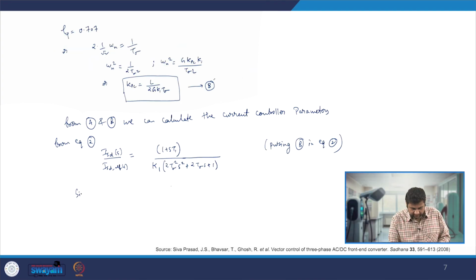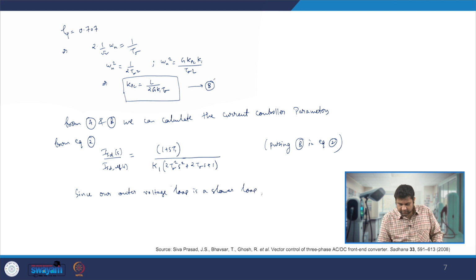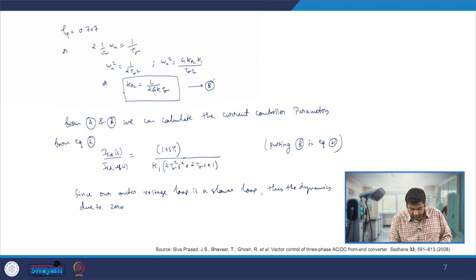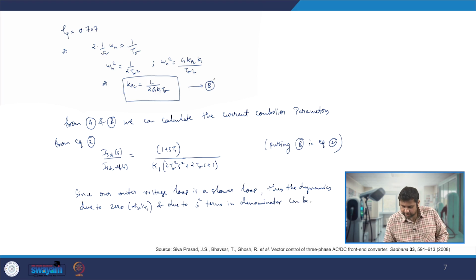So since our outer voltage loop is a slower loop, the dynamics due to the zero at 1 by T1, that is at s equal to 1 by T1 frequency, and due to the s square term in the denominator, can be neglected. Why? Because